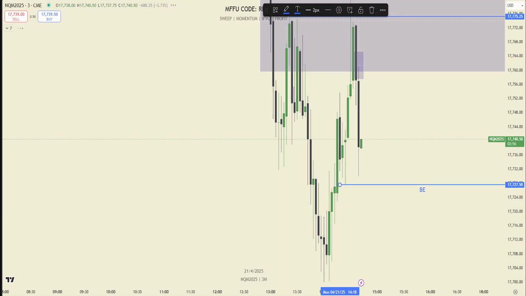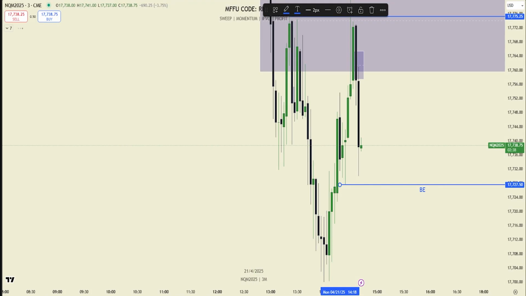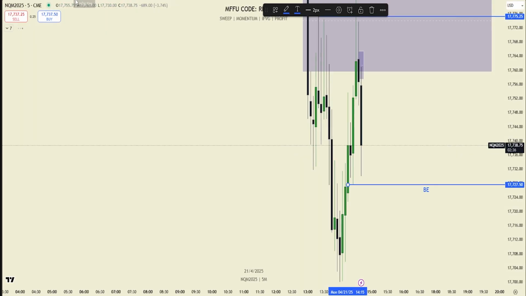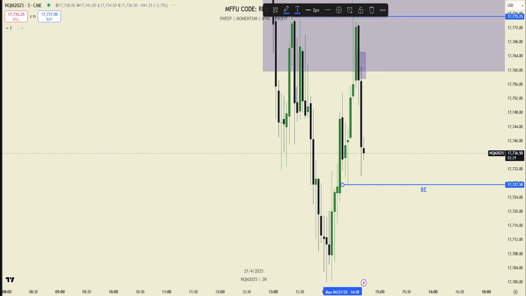I think if you took the long, I wouldn't take this. If you wanted to try something this afternoon, this is a potential trade. It's obviously lower quality than the long because of how low we are, but yeah, this would be an A minus short setup, I think. We have another 3 minutes before the 5 minute gets inversed too, so we might end up respecting that, but I think this 3 minute is a good short.